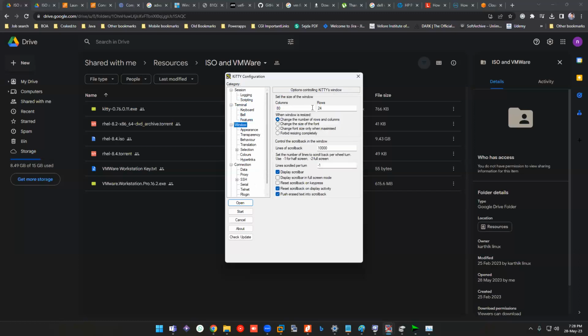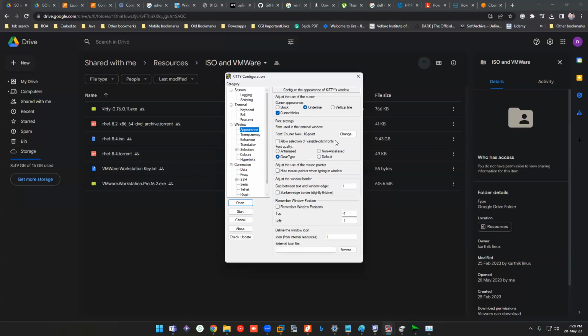This window has a very important option: lines of scrollback. You might think 10,000 is a lot of lines, but let's say you are going to read a huge log and need to scroll back to the very first line. So change this lines of scrollback to a huge number, and anyhow you will save this session. This number is more than enough in our case.